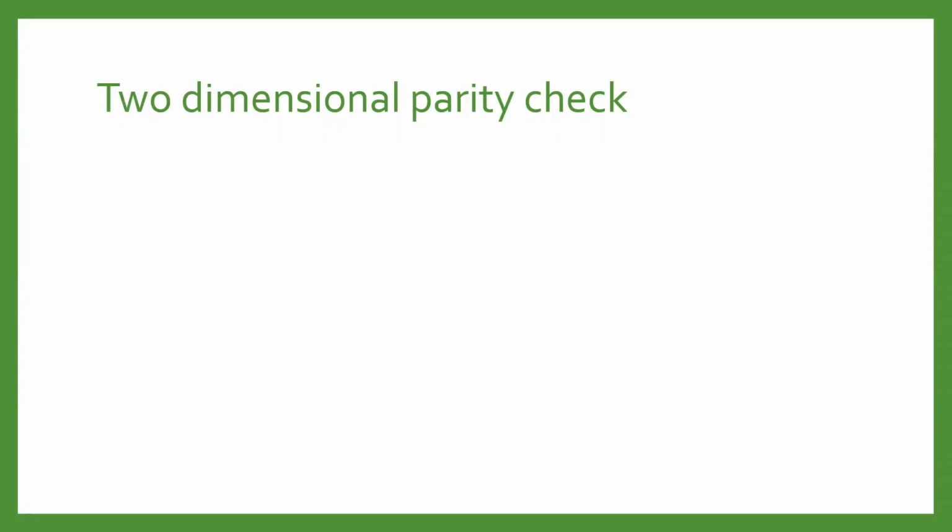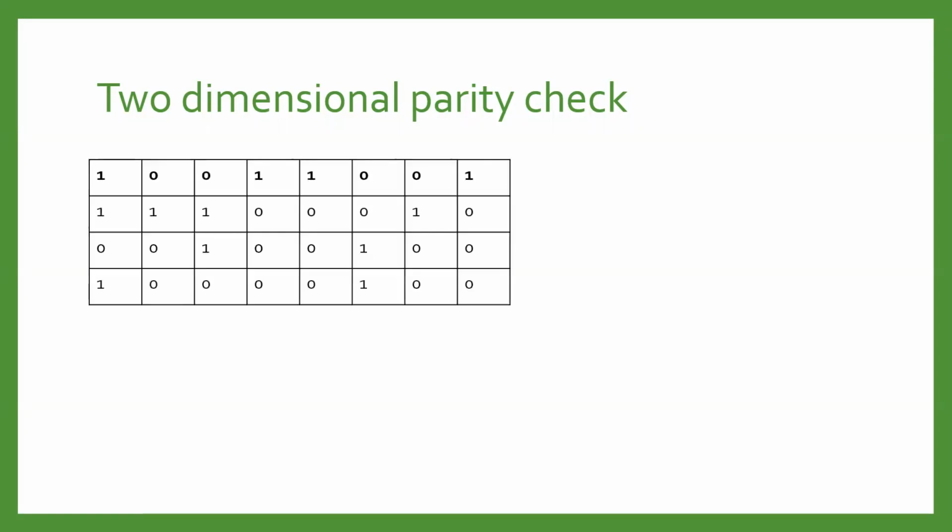Why are we saying two-dimensional parity check? Because whatever data frames need to be transmitted from sender to receiver, if they are available in a large amount, then they should be transmitted in the form of a table, in the form of rows and columns, and we are going to calculate the parity bits row wise as well as column wise, that is VRC and LRC. So that is why it is called two-dimensional parity check. Now let us discuss by taking an example.